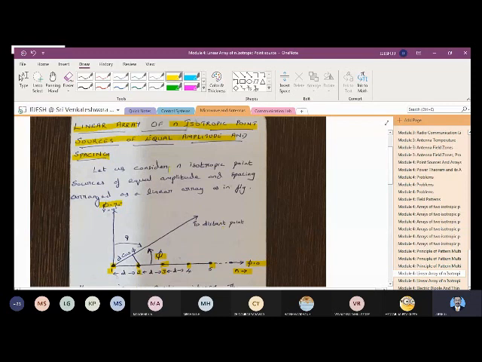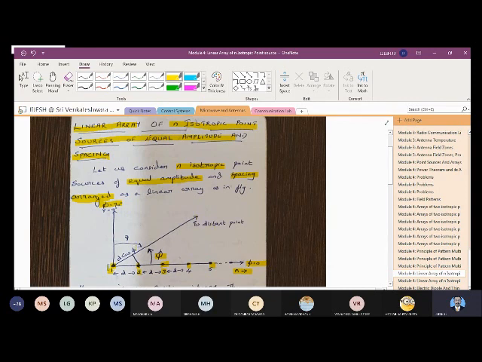So we are going to consider n isotropic point sources of equal amplitude and spacing arranged as a linear array. We have to take not one or two, it can be three or four or five or n isotropic sources, where we have to consider that each source has equal amplitude. So sources 1, 2, 3, 4 etc. have equal amplitude, and they are separated by the specified spacing as well.